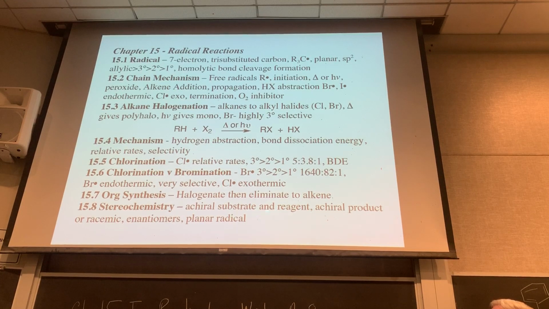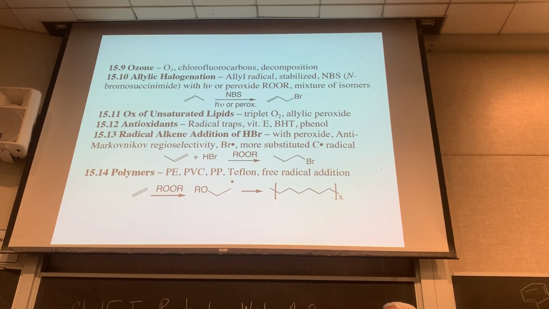Stereochemistry, these are achiral reagents. If you form a stereocenter, the radical is planar, and you'll see that when you form the carbon halogen bond, you can either form it from the top or the bottom and give a mixture of products. So those are the first